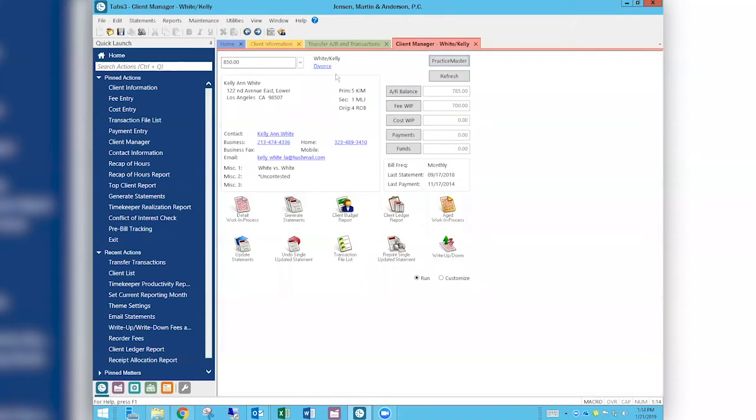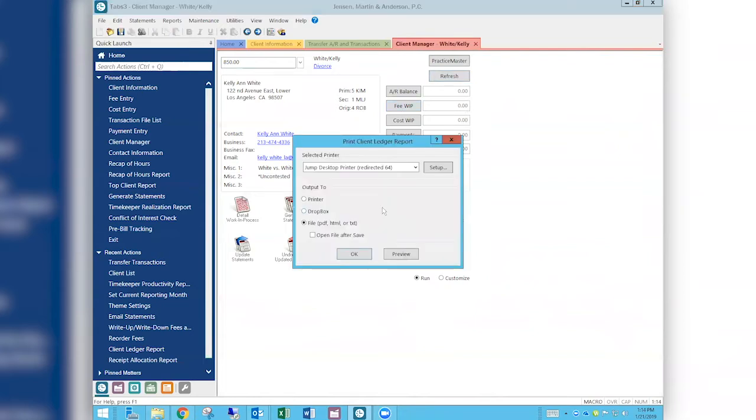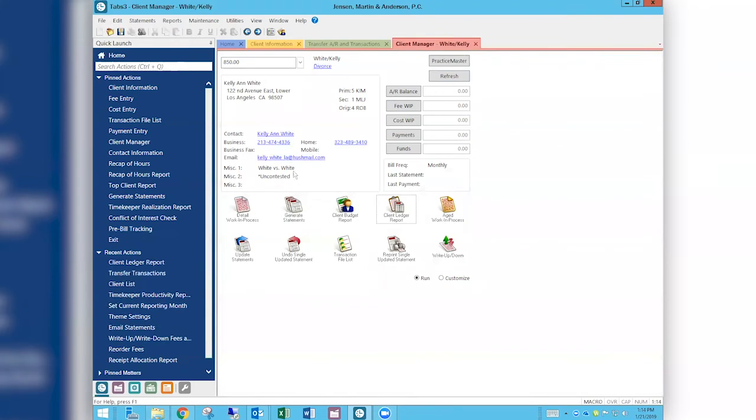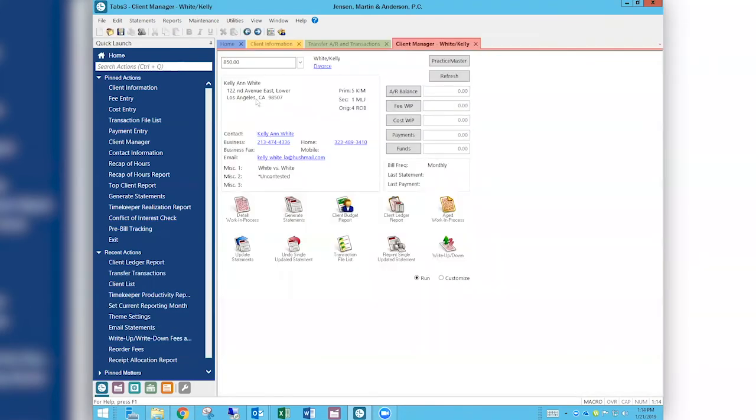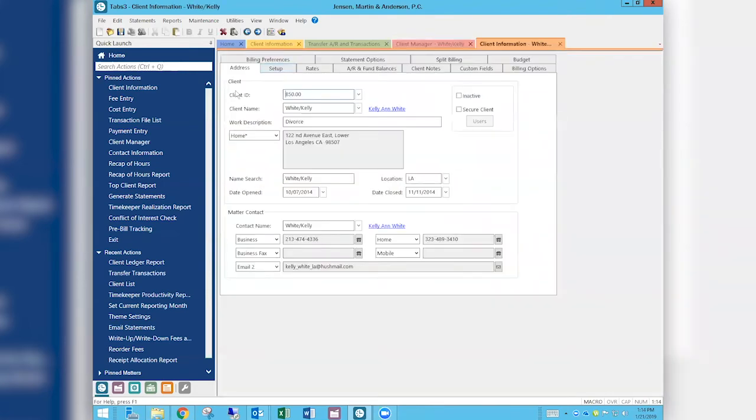So now if I look at Kelly White on her 00 matter and I refresh this, there is no AR balance anymore. There is no fee WIP. If I look at the ledger, there's no ledger anymore because that whole ledger has been moved, nothing printed, to the other matter. Now at that point, what I'm going to want to do is go back into Kelly White